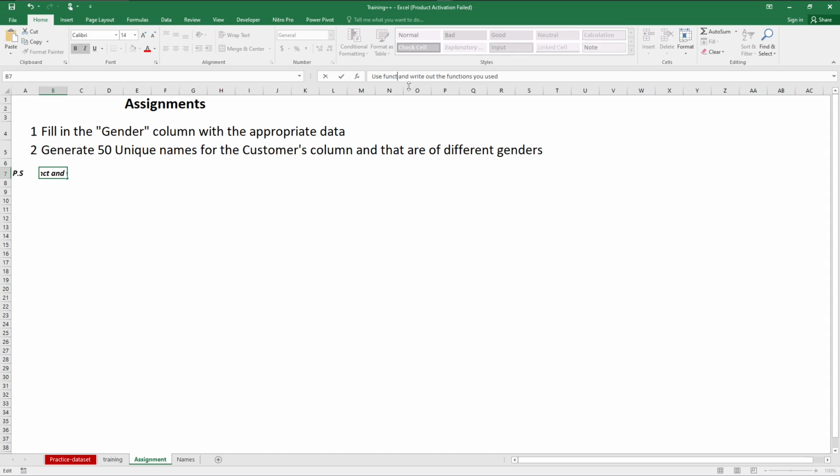Let me correct it. Use formulas to write out the functions you need. All right. Now,